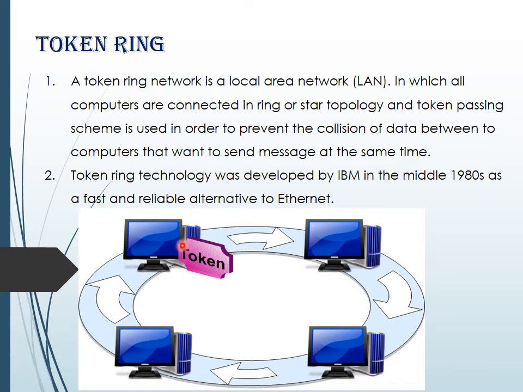A token ring system is as shown in the figure. It consists of a number of stations connected to the ring through a ring interface unit. The RIU is basically a repeater. Therefore, it regenerates the received data frames and sends them to the next station after some delay.